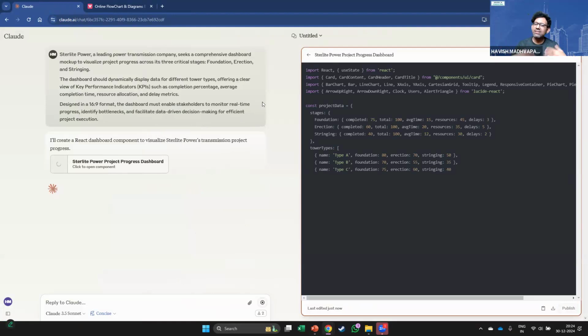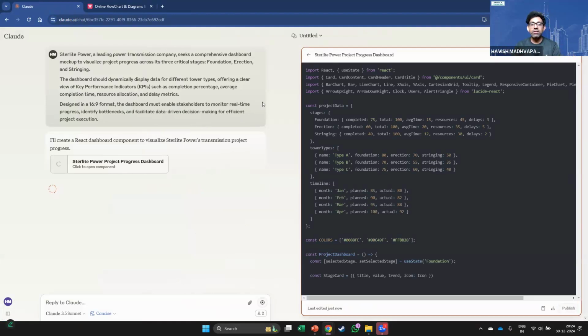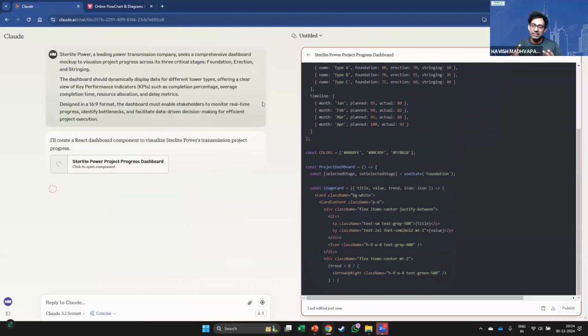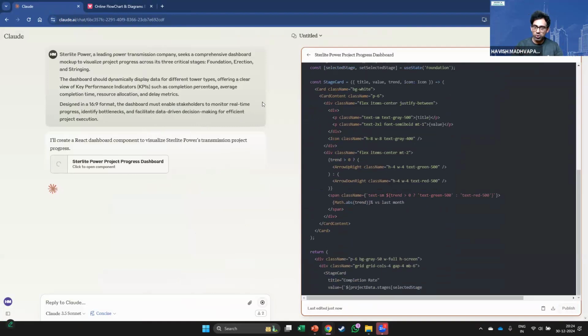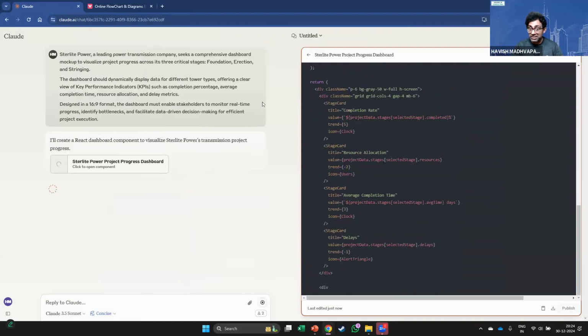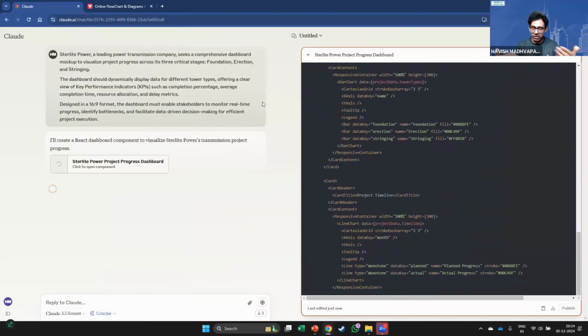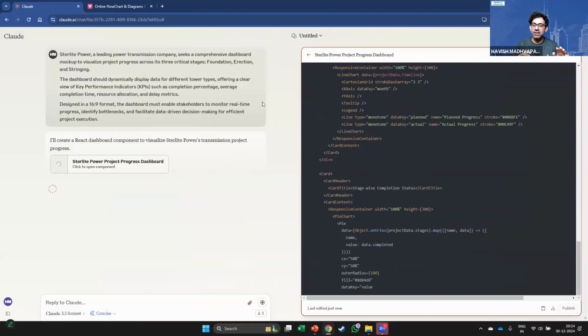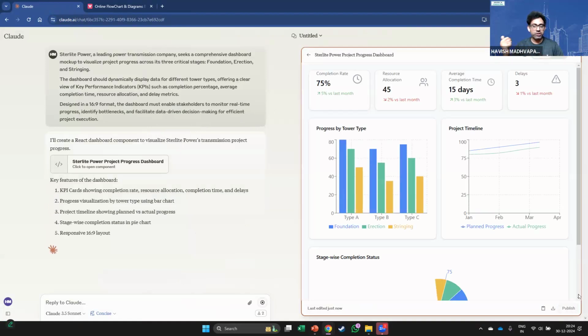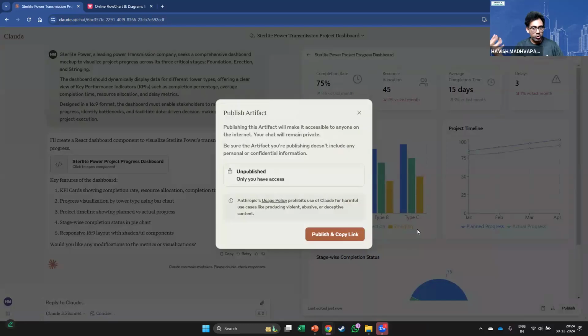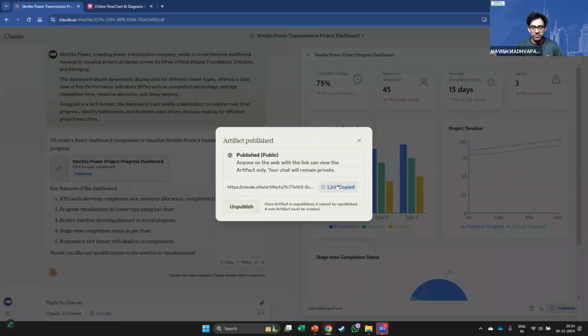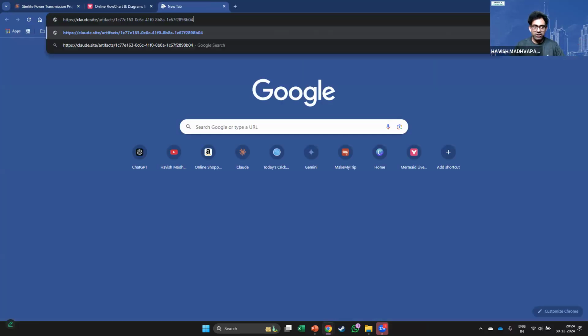Can we work with our own data? Absolutely. But that is not in the scope of today's session. There is already a different video that I have on YouTube that you can see. But in this one, at least the mockup, the wireframe that we want to create, which otherwise takes a lot of time, can be done with a single prompt. Have a look. Let me publish it to show you in full glory how it looks. So I'll publish it, copy it, and check this out.